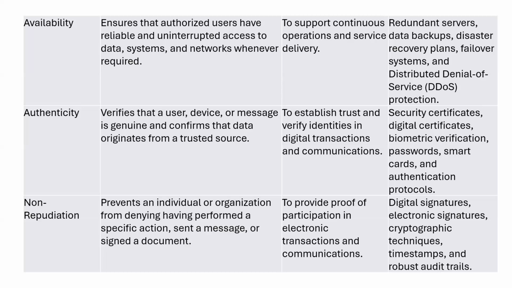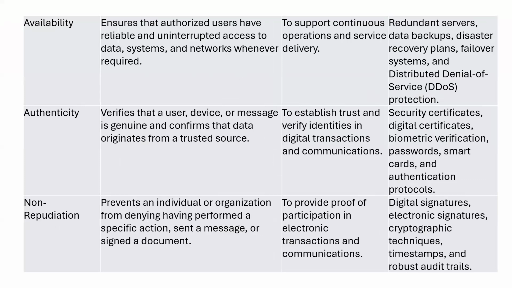It will be difficult if you put in digital signatures, electronic signatures, cryptographic techniques, timestamps, passwords and PINs, and all of these will provide a robust audit trail to prevent you from saying that you didn't do it. So these 5 pillars, the CIA triad, plus authenticity and non-repudiation, are all to ensure that